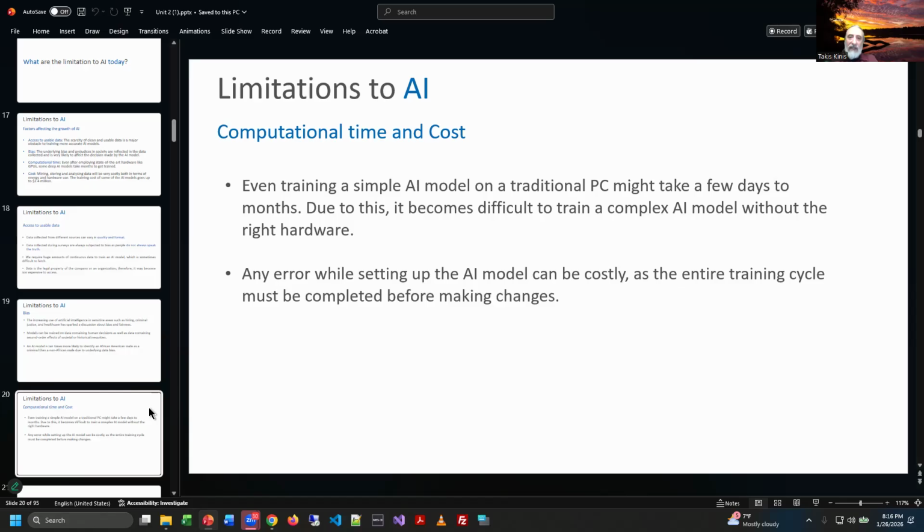The time it costs, I mean, okay, do a simple training on an AI model, and notice what it says here. On a traditional PC, it might take a few days to a few months. So like if I have a really large data set, let's say an algorithm written in Python that's going to train my machine learning model, and I give it all the data and I let it run the code, it might sit there and cycle for a long time, right? It takes a long time on regular equipment.